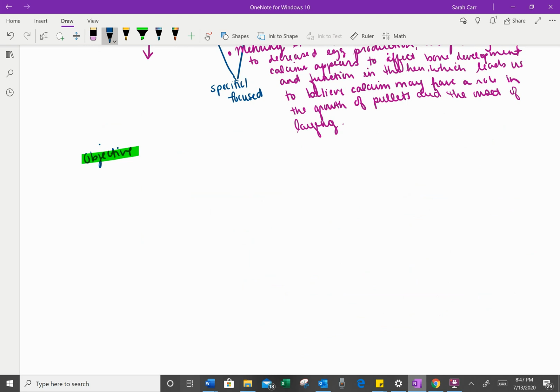And through the objective and the hypothesis coming up, we will be writing in past tense because when you're writing a report, the research has already happened. So a general structure, we could say something along the lines of, therefore, the objective of this research was to